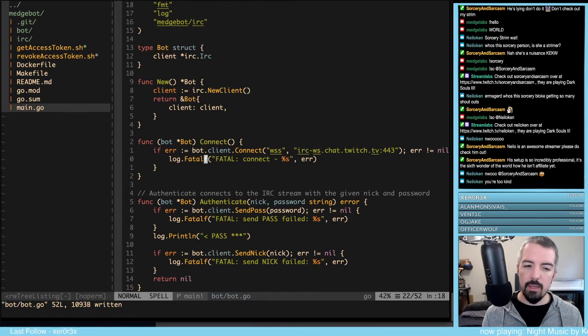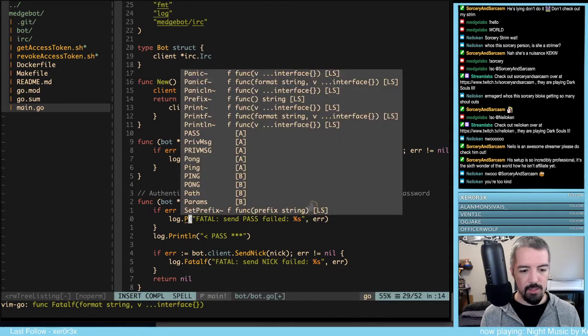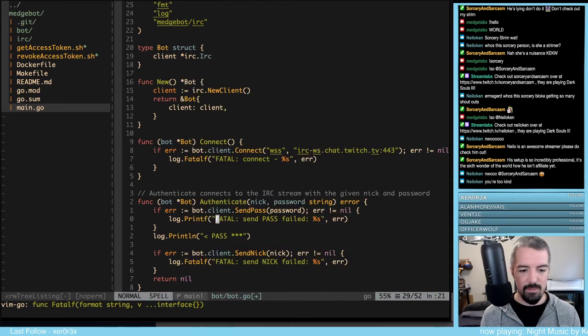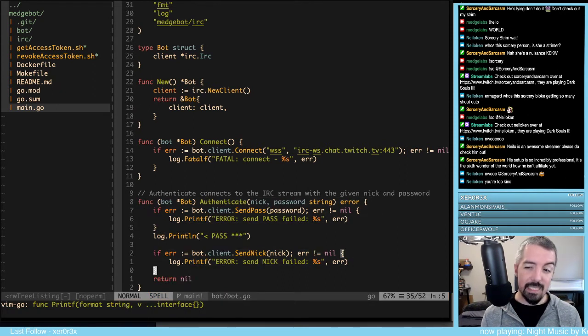And then I'm not entirely sure that I want all these log.fatalfs here. Although, let's see here. What I could do instead is change this to a printf. This is going to be an error. This is also going to be an error. So we're effectively going to change up the way that we're doing some of our logging. We're going to do something similar. However,